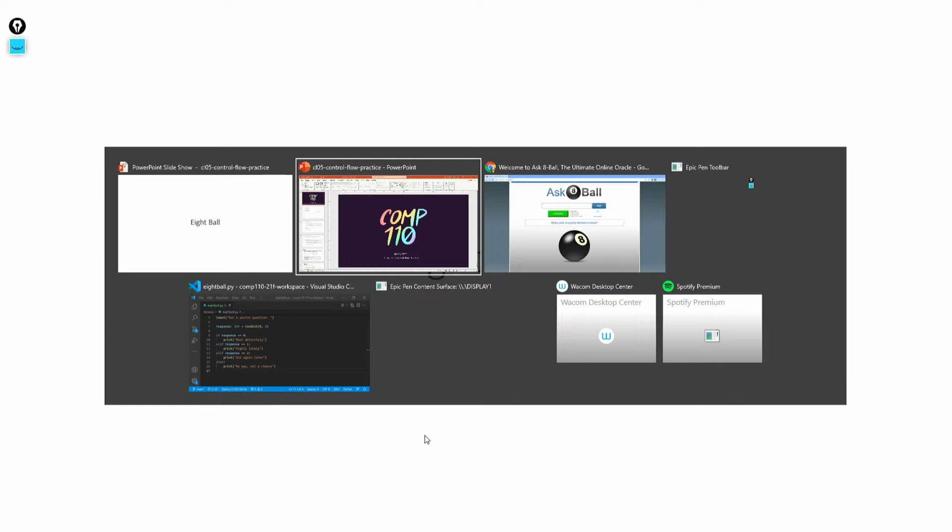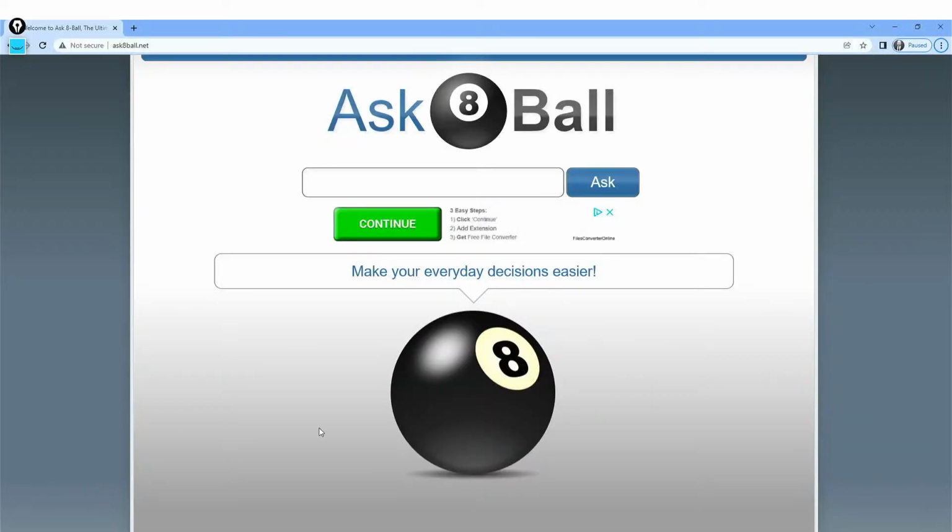All right, so next we're going to try implementing a little program to simulate an 8-ball. A magic 8-ball, as many of you have seen, is one where you can ask it a yes/no question, shake it, and magically, through an oracle of knowledge, a response to your question will be answered and raised through a window in the 8-ball on the back side of it. So who in the audience has a question to ask the 8-ball today? Has to be a yes/no question.